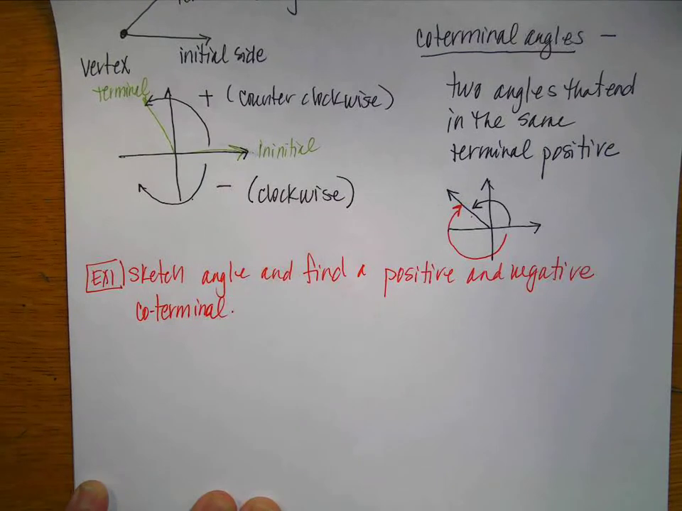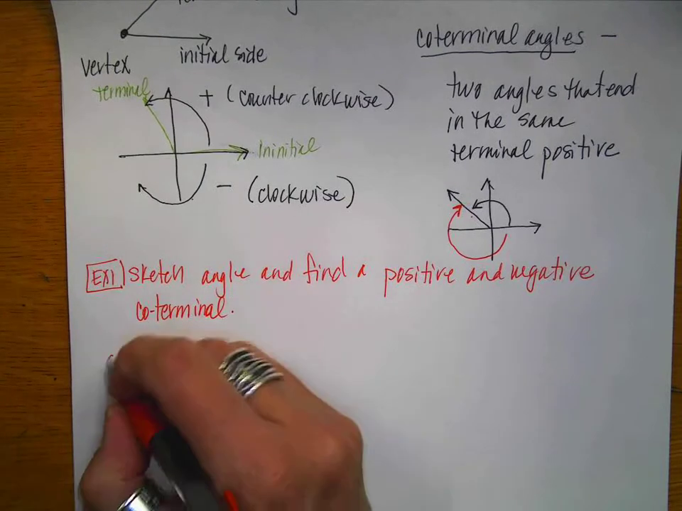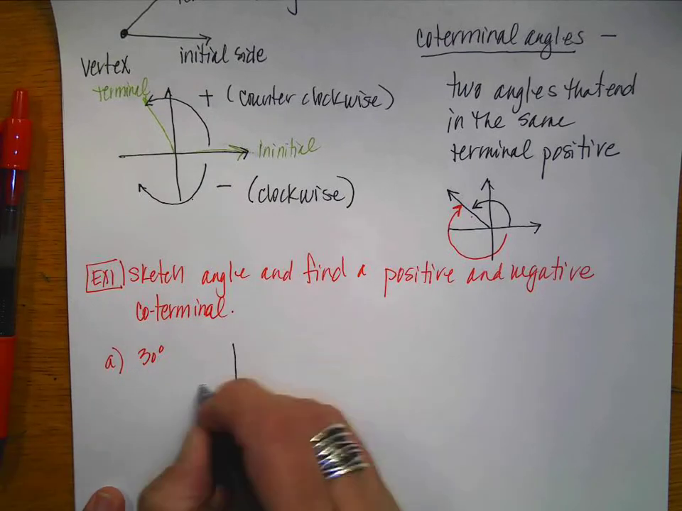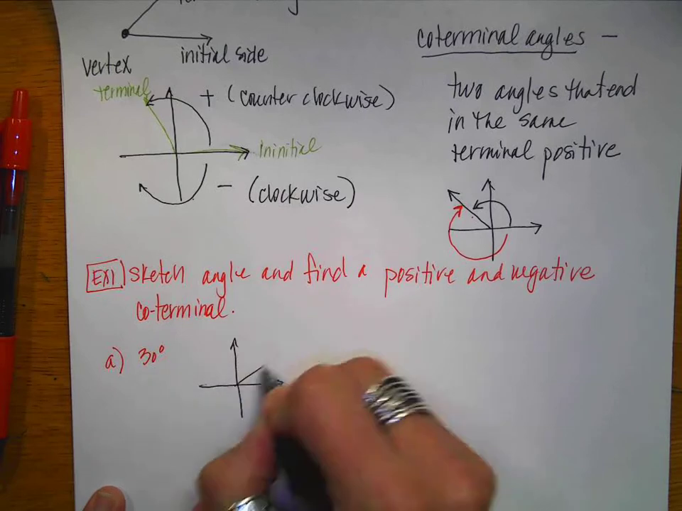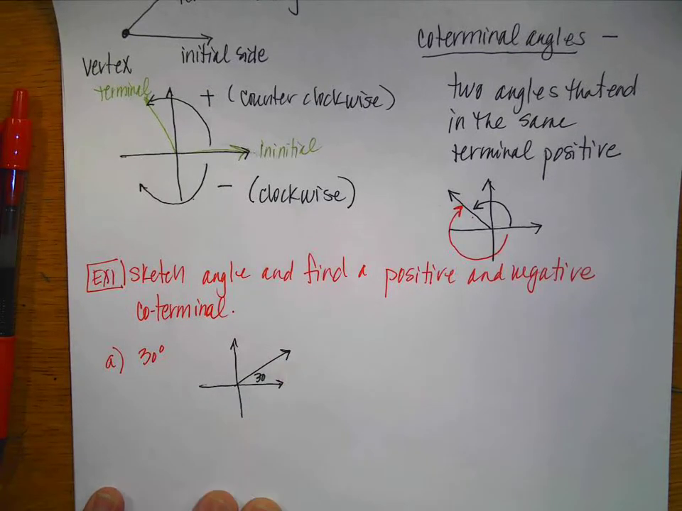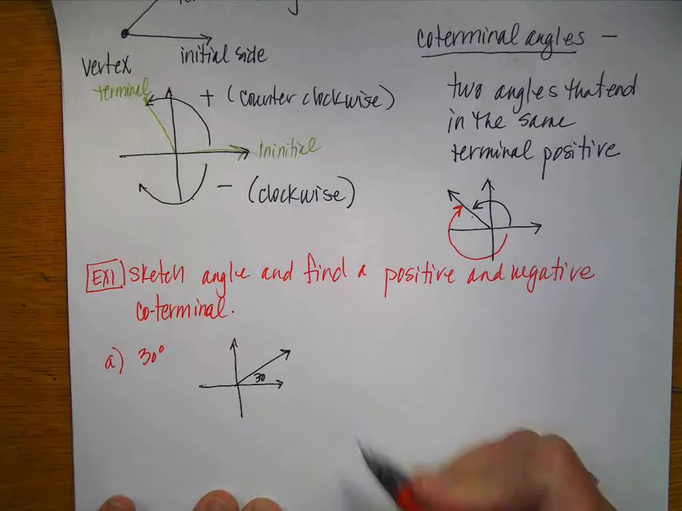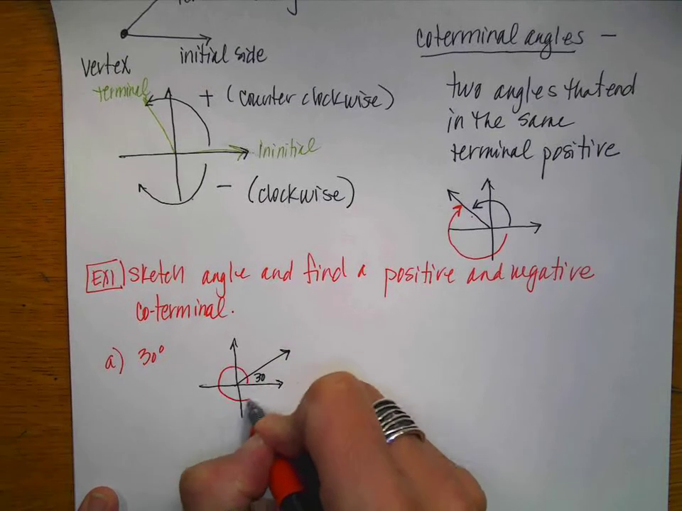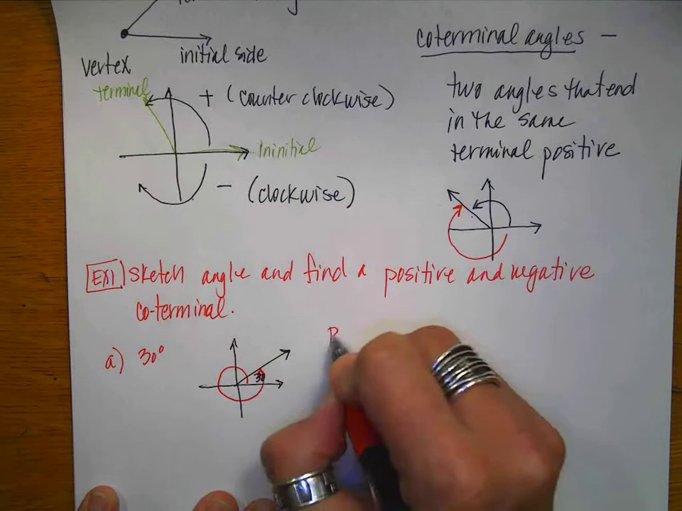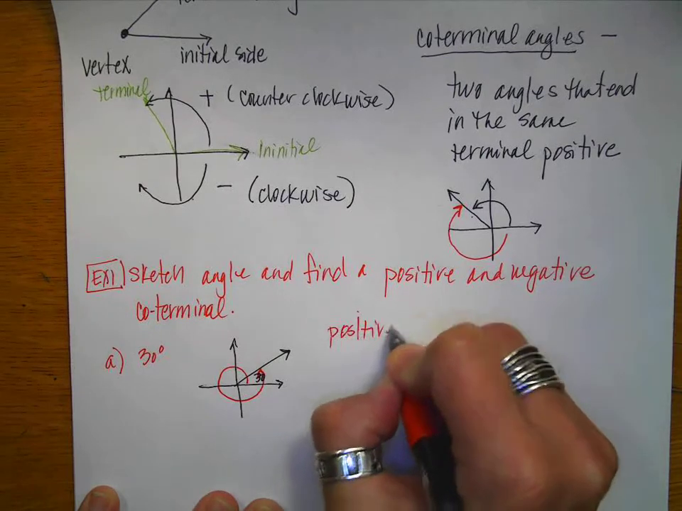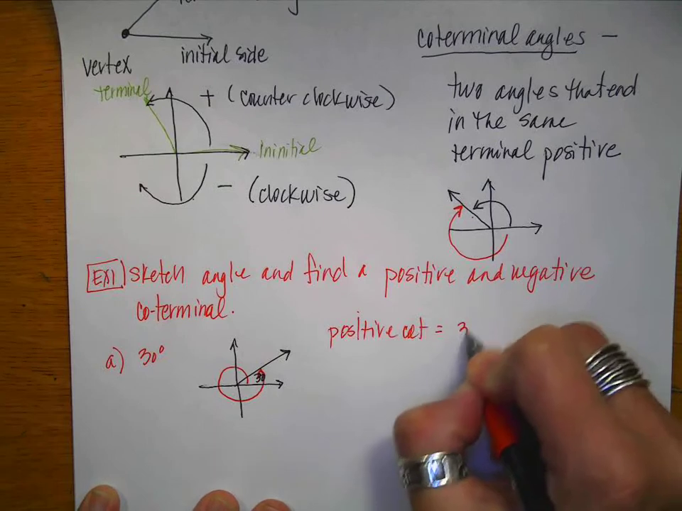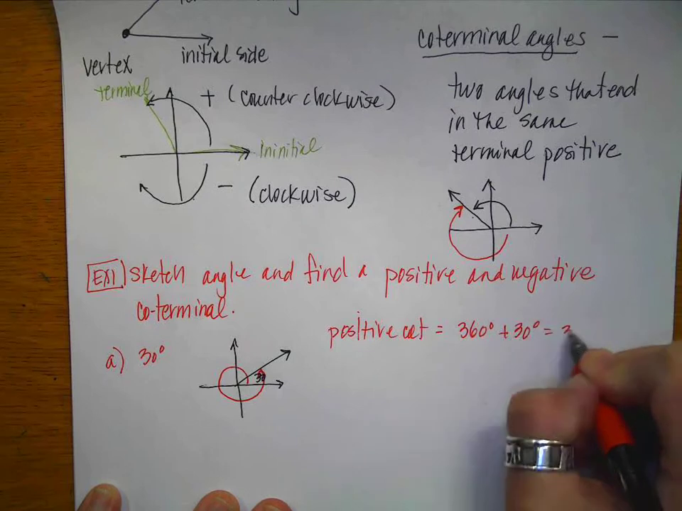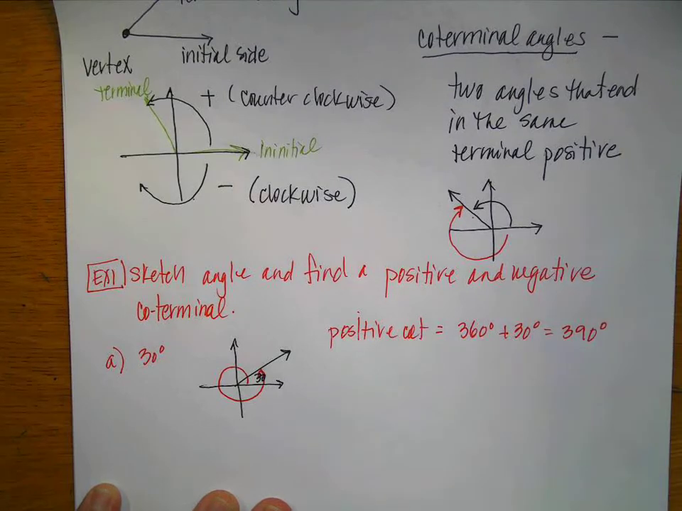Like with many things that we do, when we report, we want to make sure that we label well. So the first part for A, we're going to be given 30 degrees. So the first thing that I would do is draw that angle in standard position. So 30 degrees would be right here. So my original angle is 30. To get a positive in the positive rotation, I'm actually going to take a lap in the positive direction. So my positive coterminal would be 360 degrees, which is a lap, plus the original 30 degrees, so that would be 390 degrees,